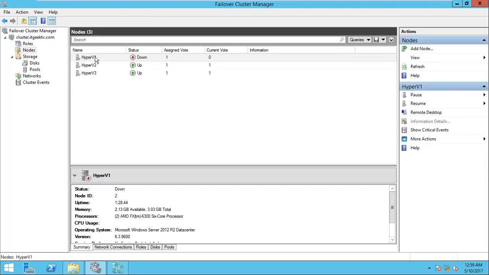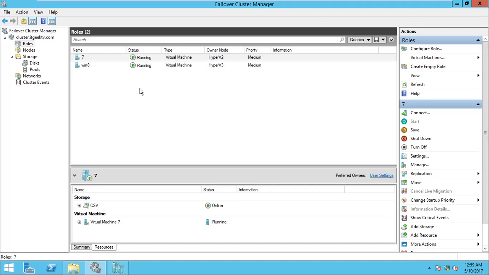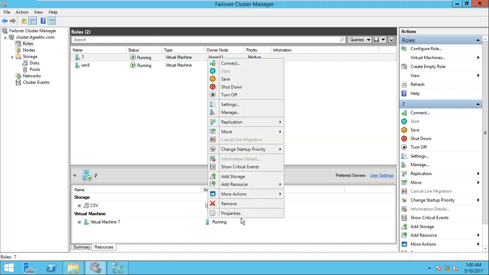So as soon as I start the cluster service, in the background that Hyper-V host is joining the cluster, and you can see that live migration, the failback, is occurring instantaneously as soon as the heartbeat response between the Hyper-V hosts occurs. So this is the option. When you select the failover option, this thing will happen with that particular virtual machine.